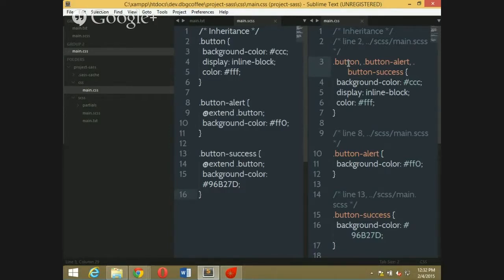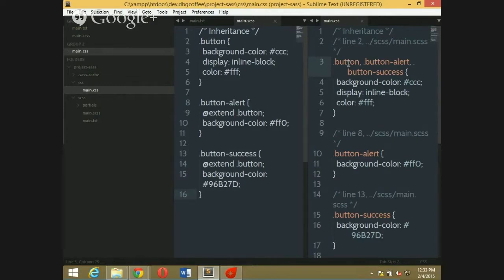@extend, inheritance in SCSS. That's what we are talking about. And if you want to inherit a CSS property, then we have a keyword called @extend.